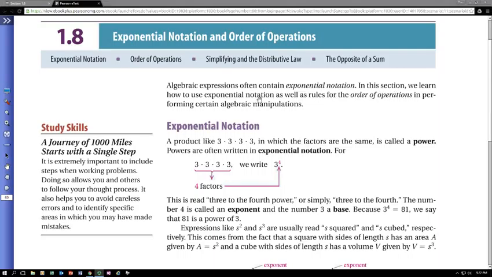Chapter 1, Section 8, Exponential Notation and Order of Operations. We're going to talk about what exponential notation means and order of operations. We're going to simplify, and how that distributive property ties into that again, and the opposite of a sum, which